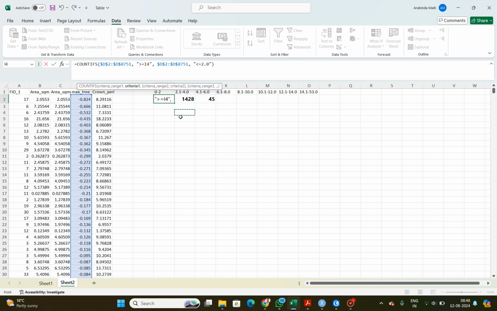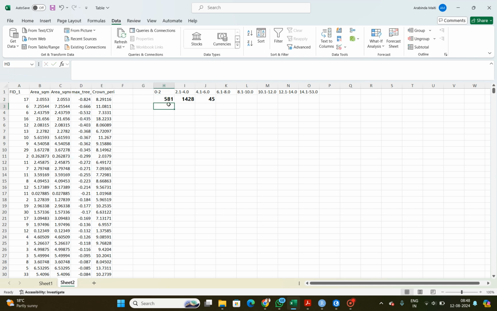So yes, and that is 581 and 2 to 4 the number of count is for this. Actually this column represents my tree height data. So now what you should do, equal to count